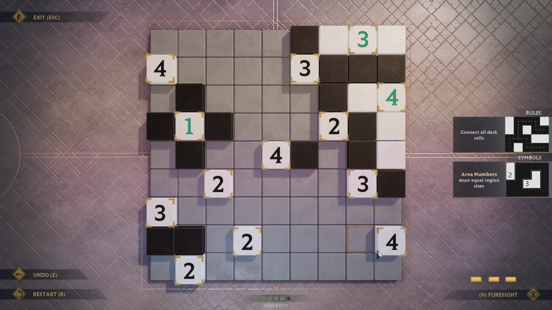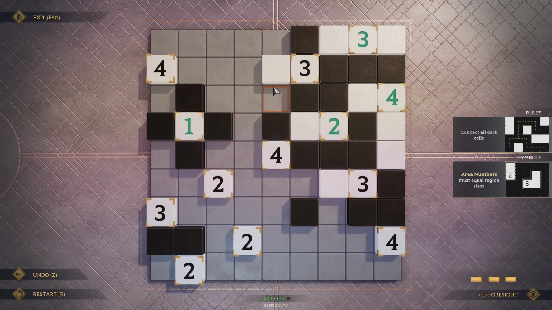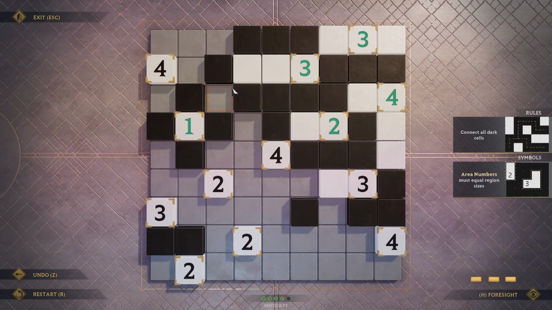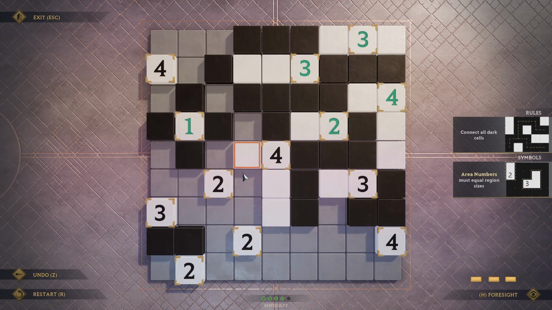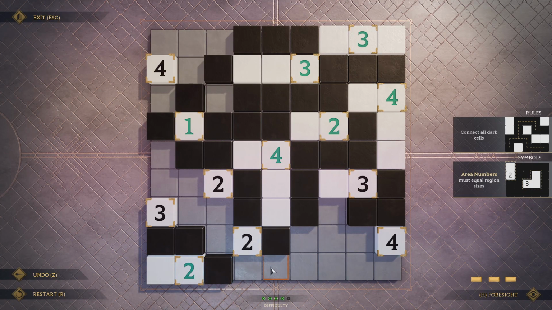Use the corner trick for this 2. This dark cell has to come out of here. Corner trick for that 3. Corner trick for this 3, and then get the dark out, and then actually didn't need the corner trick, but we did it anyways. Cool. Alright, so connecting all dark cells in mind, this has to come out here, and then this 4, again, has to come out this way. It can't go any further this way, so it has to come this way as well, and then it's done. This 2 can't come out towards this 2, because then this 2 gets stuck as a 1, so...